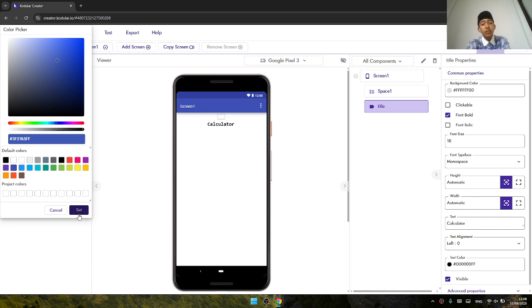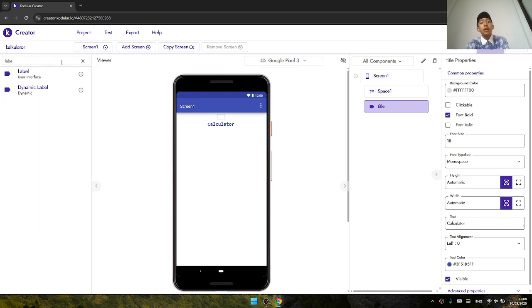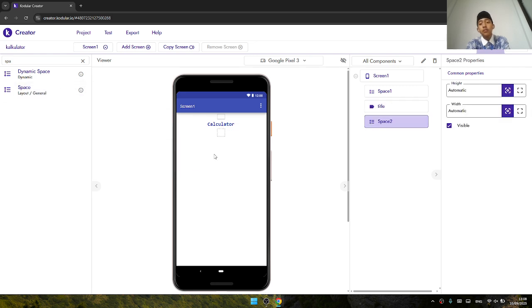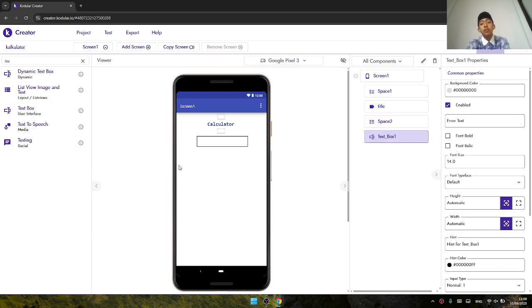Then we'll add some space again in the bottom of the title. Set the height to 3%, and then we'll add some text box. Put it in the bottom of space 2.